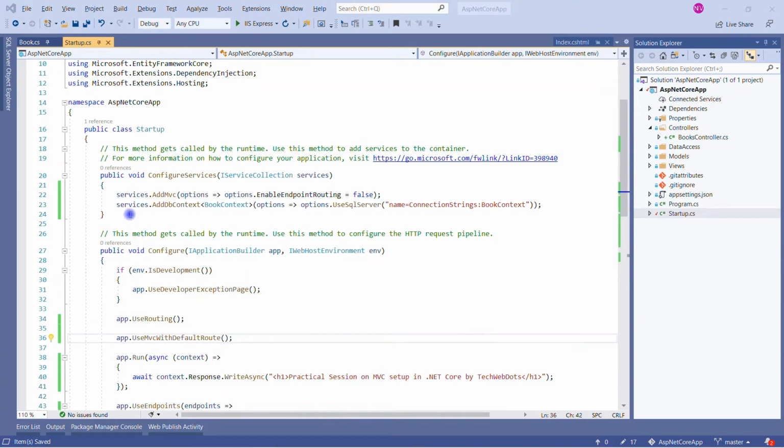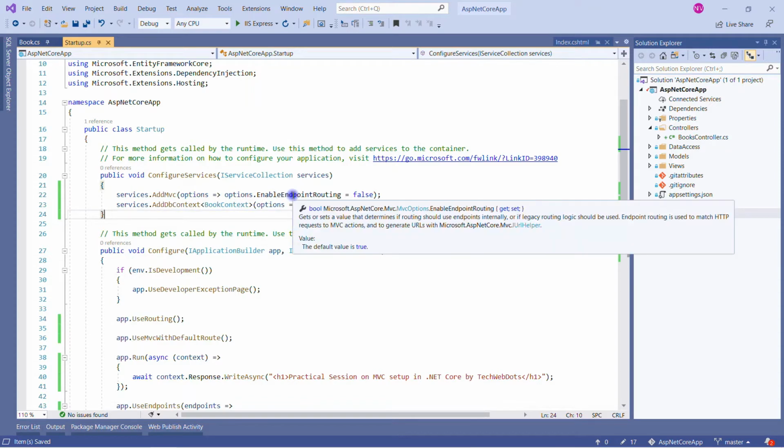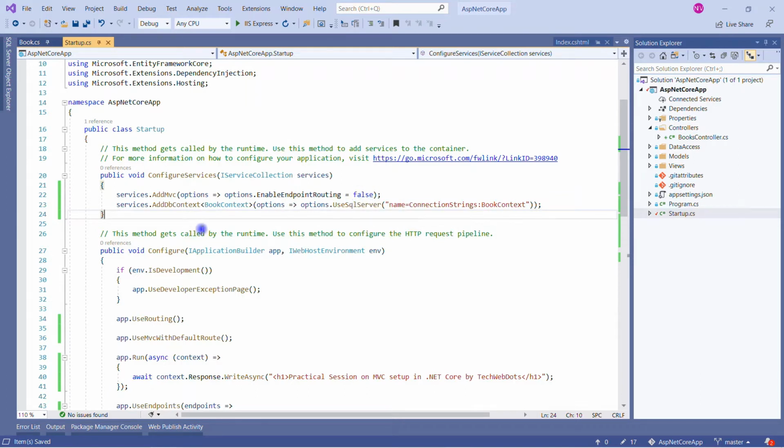Now what changes I have made: one, I have added services.AddMvc here, and now we are using options.EnableEndpointRouting is false. Okay, I will explain why I am using this one. Another one, I want to use the DbContext, which is specified in the IServiceCollection container.